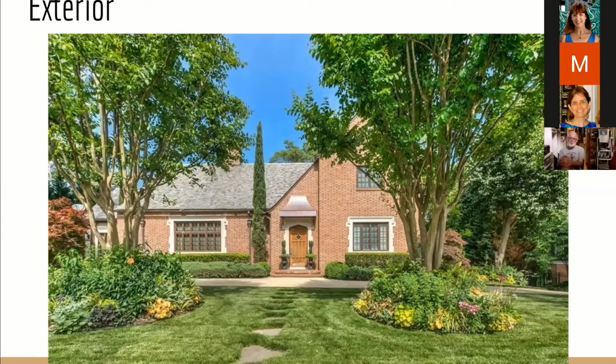So we can start talking about the actual property. We might be quick to classify this as a Tudor Revival, however, it's not so simple or easy. Tudor, English Cottage, English Vernacular are all styles that historians, architects, and casual observers use interchangeably. For the sake of consistency, English Vernacular style was set forth by the Historic Preservation Division of the Georgia Department